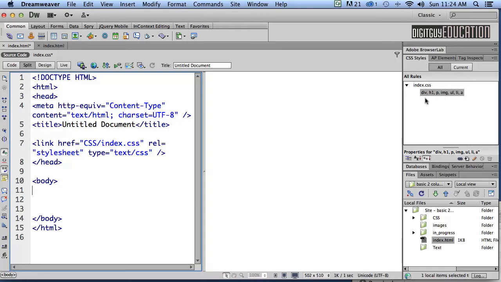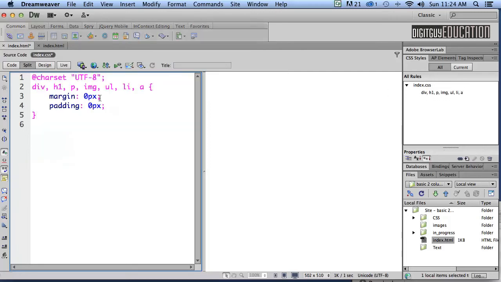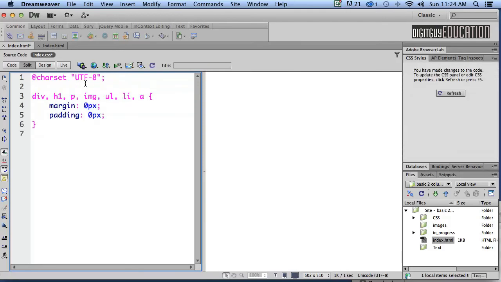Now there's lots and lots of theories on how to do that. I just simply make a compound of all the tags I'm going to use, and there they are there. So let's make a comment about that. If we look at the CSS page that's attached to it, there it is there. There's the rule we just wrote, like this. So if I put my cursor there and press return, I'm going to write myself a comment to remind myself what that's all about. And I'm going to say